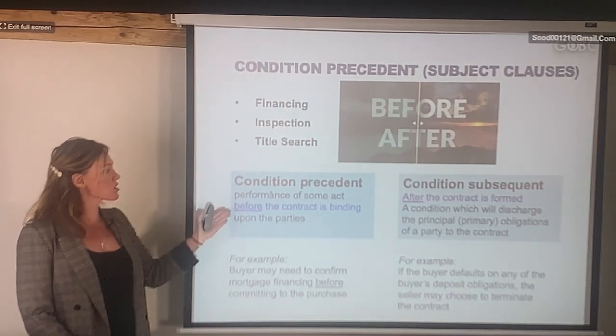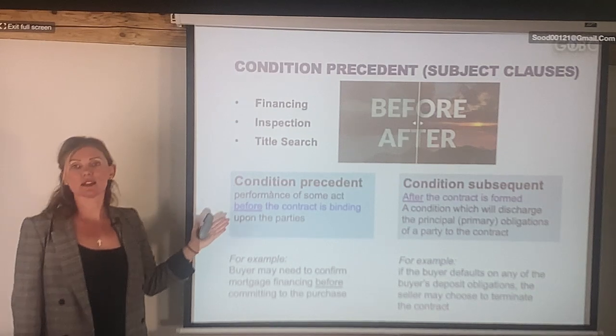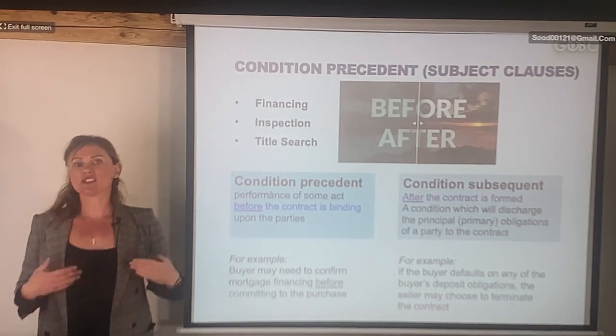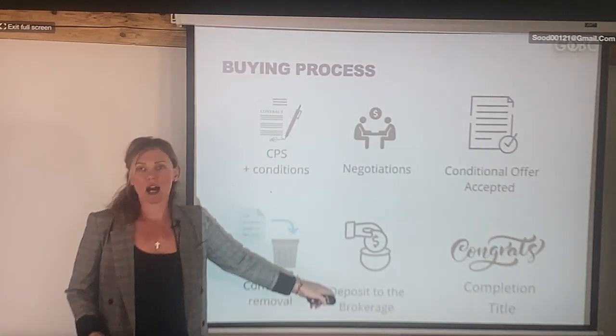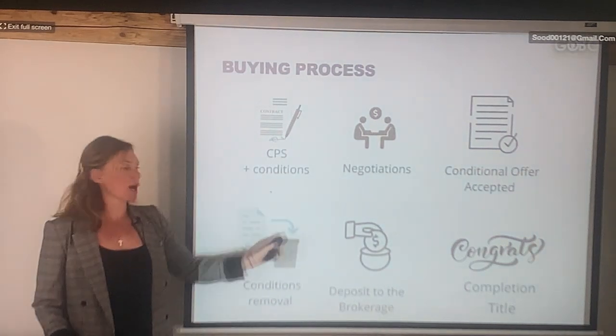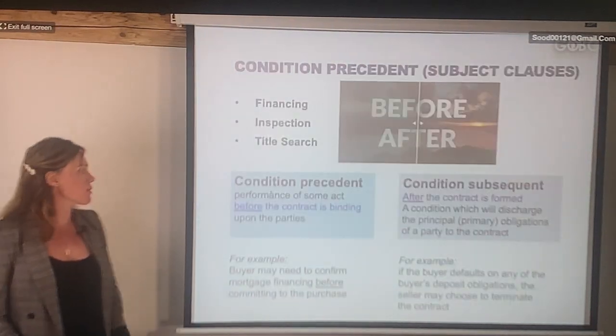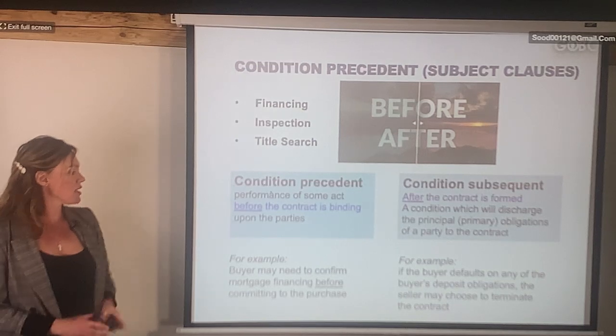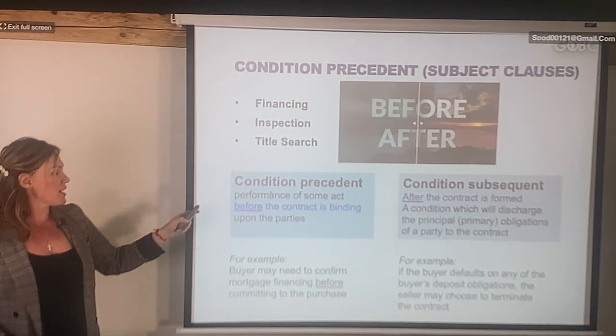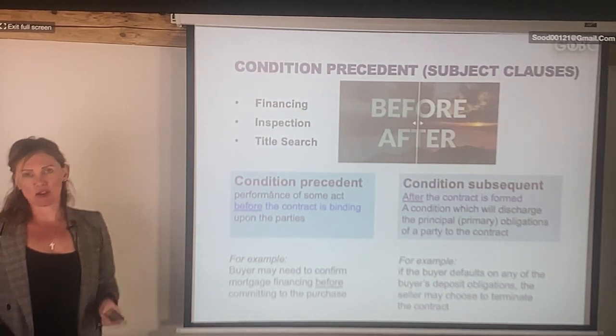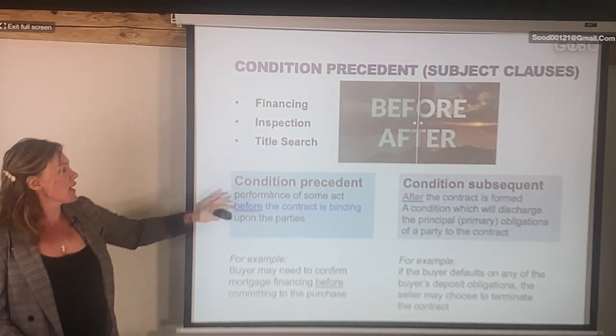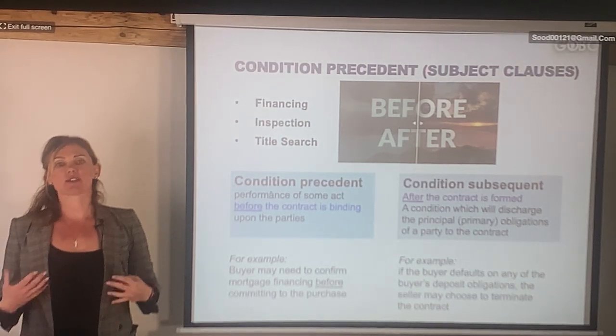So if you say, look, inspection, I'll do it. And if I like it, if everything goes through, then that's perfect. Then I'll continue, I'll remove the subject. If I remove the subject, that means I'm going to move on to buy the property, right? So I'll be obligated to buy the property. I'll give the deposit and I'll complete on the property, right? Same thing with financing, right? The buyer needs to get the mortgage financing before committing to the purchase. So everything that you want to settle before committing, that's your condition precedents. In real life, you're going to deal with a lot of condition precedents, okay?